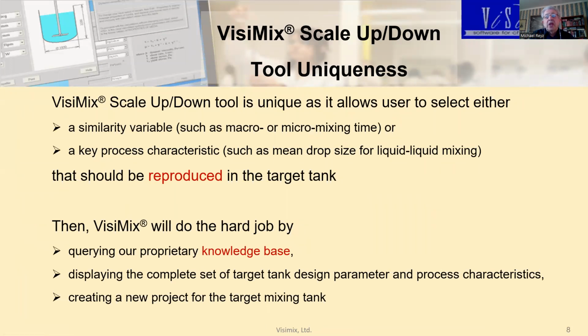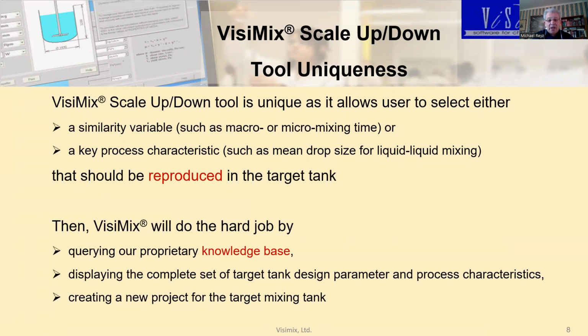Let's look a little bit at the uniqueness of the tool. This tool is unique because it allows the user to select a similarity parameter for scale up or scale down. And it could be done using two different options. Number one, we can choose a similarity variable, such as macro mixing time or micro mixing time. Or if we're not sure which similarity variable we are interested in, we can use a key process characteristic, such as mean drop size for liquid-liquid mixing. And the system will automatically